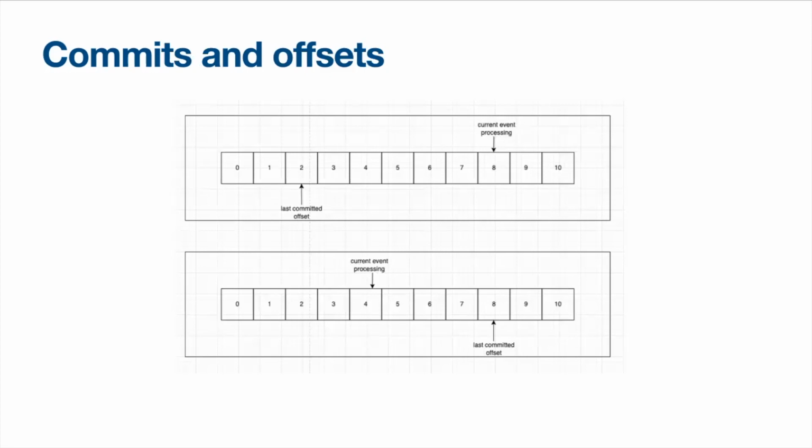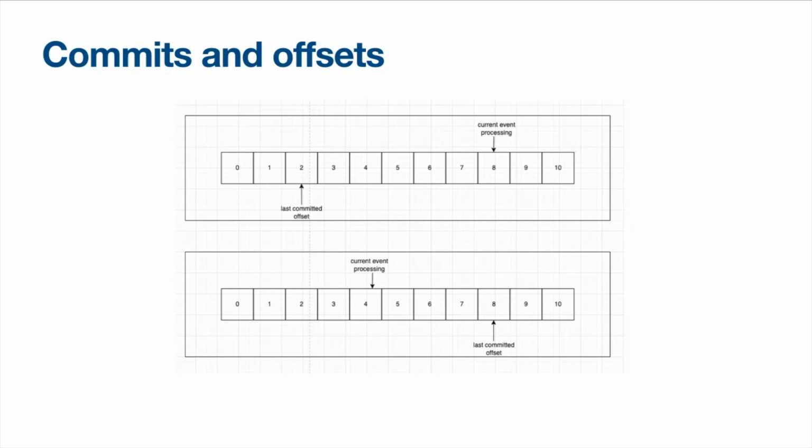And finally, commits and offsets. This is a visual representation of how offsets are present in your Kafka broker topic and how commits are made by your Kafka consumer. If you look at the top diagram, there are 11 messages from 0 to 10. The last committed offset is at 2, and the current event being processed is the last old record. So in case your consumer crashes at this point,